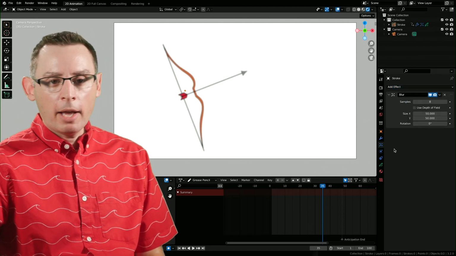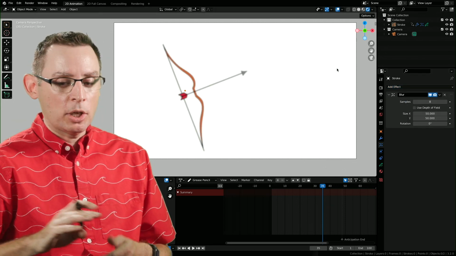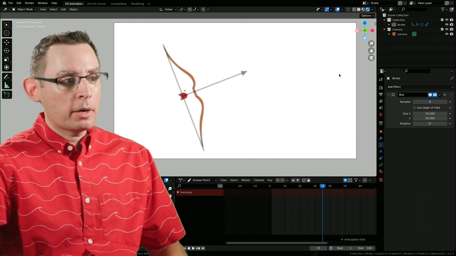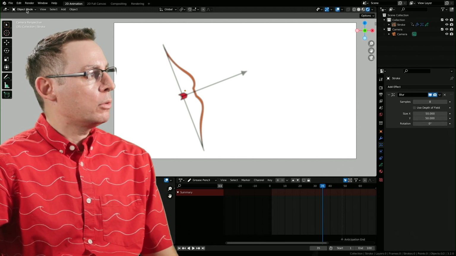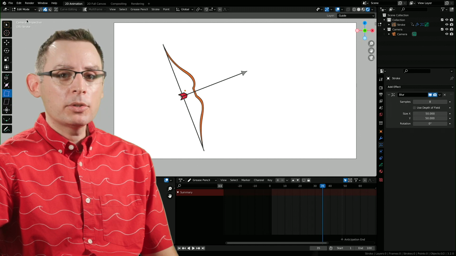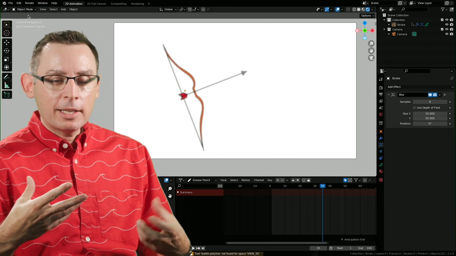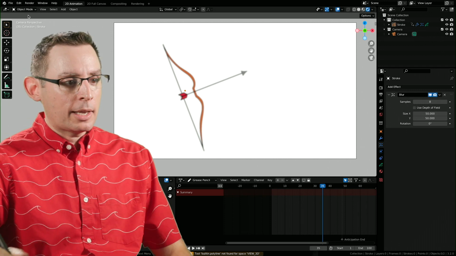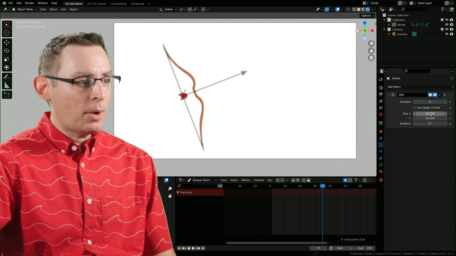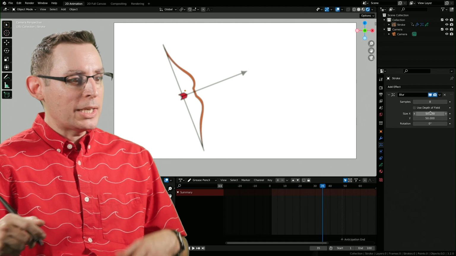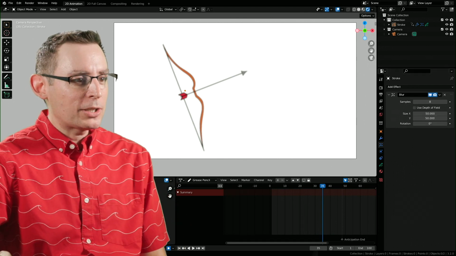Now, it's important to point out that you're only going to see this in object mode. These are object level modifiers. If you're in edit mode, watch what happens. Yoink, we don't see the blur. But the moment we go into object mode, this effect gets evaluated and overlaid inside of our scene. Now, this is kind of neat because we can create some really intense blurs if we wanted to, which has its own function.